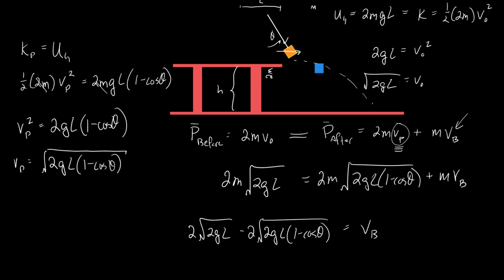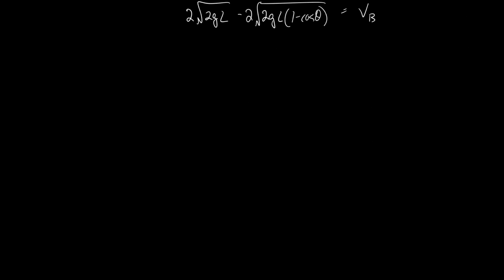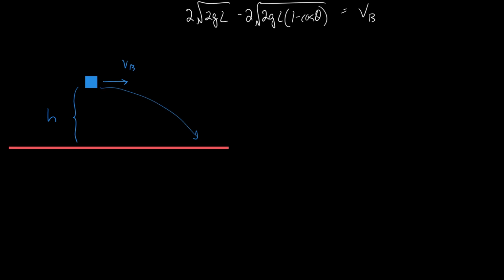Yahoo! We now know how fast the box is going after the collision. And that is the horizontal velocity of the box. I'm not sure where to put this next part because this is just looking like a mess, but maybe it might be worth it just to do that, because now the only part of the problem that we're dealing with is the projectile portion of the problem, where the box, starting from a height of h, has a velocity vB that is purely horizontal. And it's going to fall to the ground as a projectile. So, bonk, like that. This is a projectile motion problem